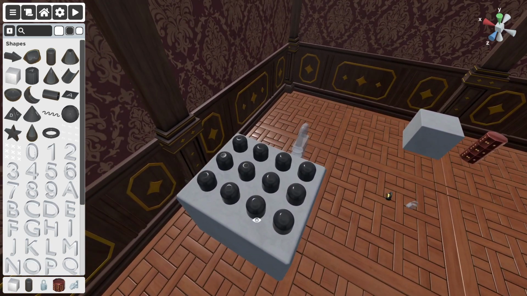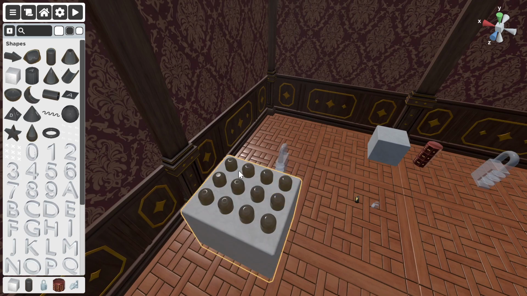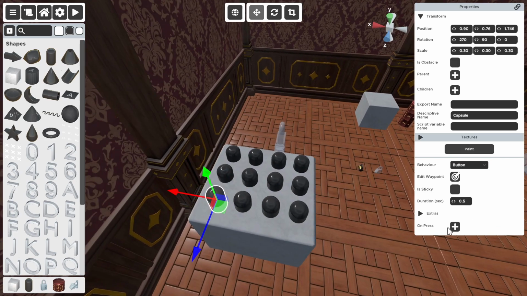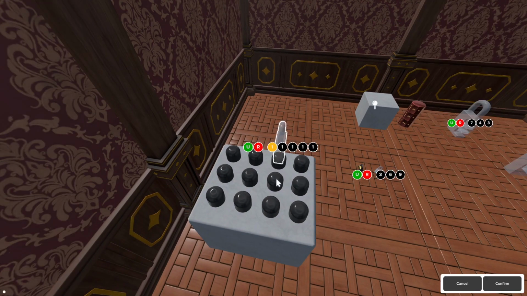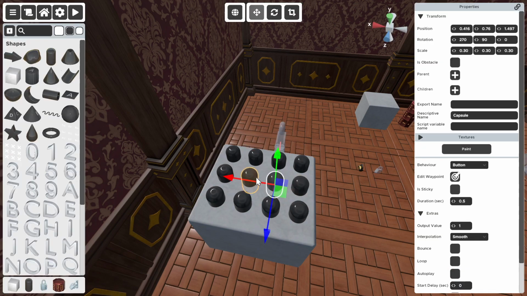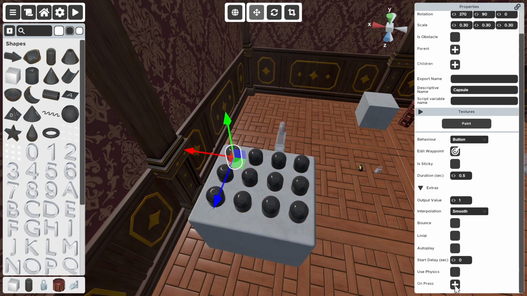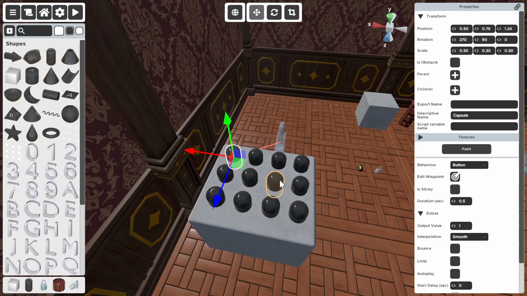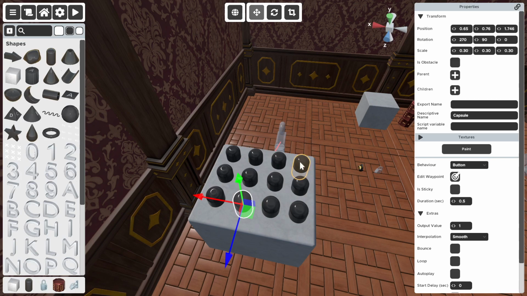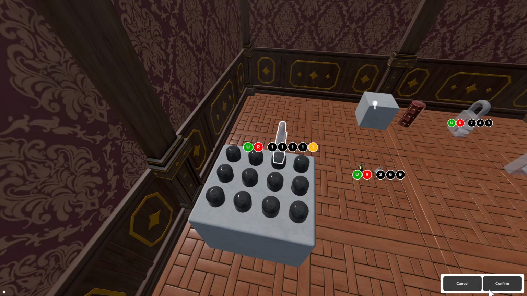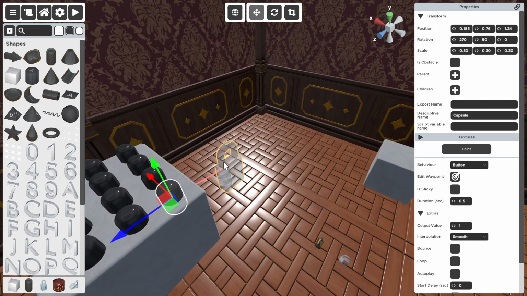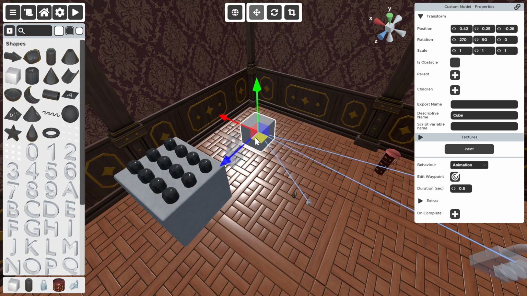So now that this is set up, what we're going to want to do is hook each individual one up to the lock how we've been doing this the entire time. So let's set up this one, B1. This would be 2. This would be 3. 4. And 5. There we go. So we have each one hooked up to a node in this one. And similarly to how all of this is,